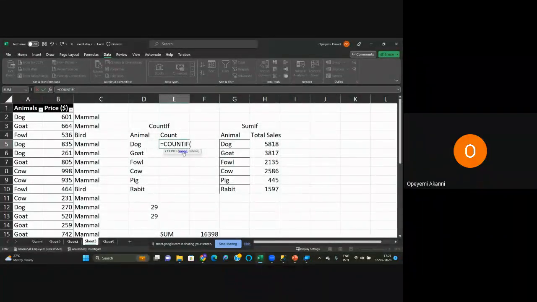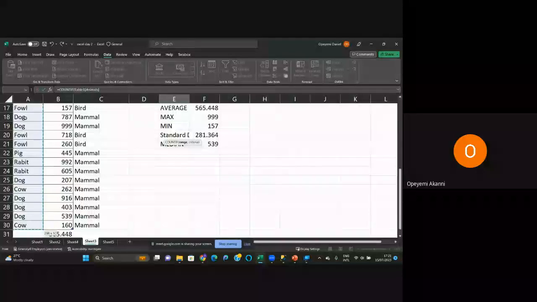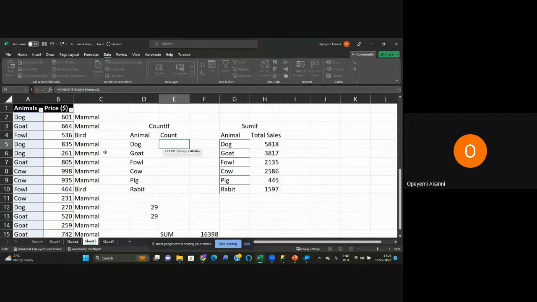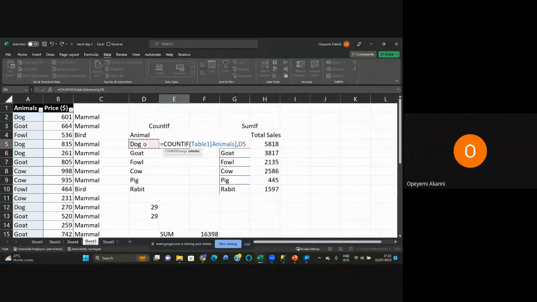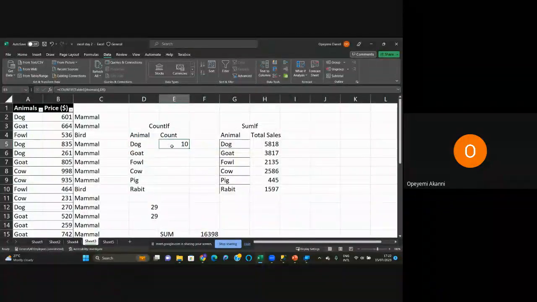The first argument for count if is the range, which will be this animal range. So select the range, then comma. Then you need to select the criteria, which will be dog, the first criteria. And then close the brackets and press enter. It gives us 10. Then we can drag